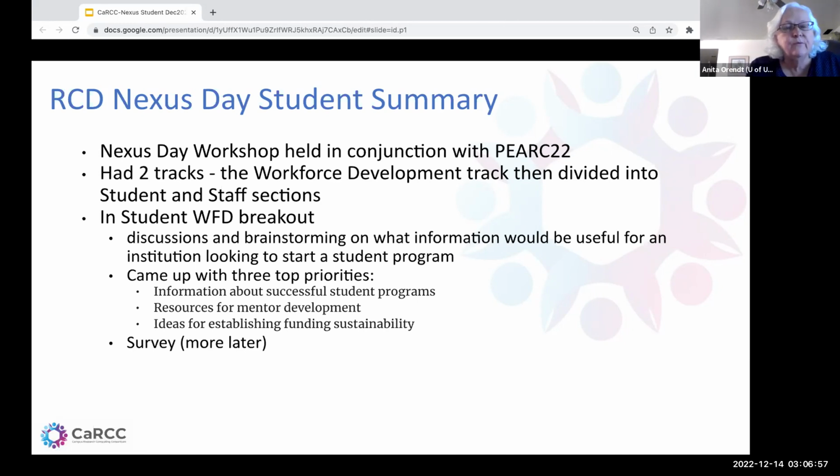So there were two tracks for the workshop, and one was a workforce development track. And during part of the day-long workshop, that workforce development track was then split into two sections, one dealing with student-centric topics, and the other dealing with staff. In the student workforce development breakout, we had a lot of discussions on what information would be useful for an institution that was looking to start up a student program, and also brainstorming on ways that we could gather this information from existing student programs. And we came up with three top priorities. One was to